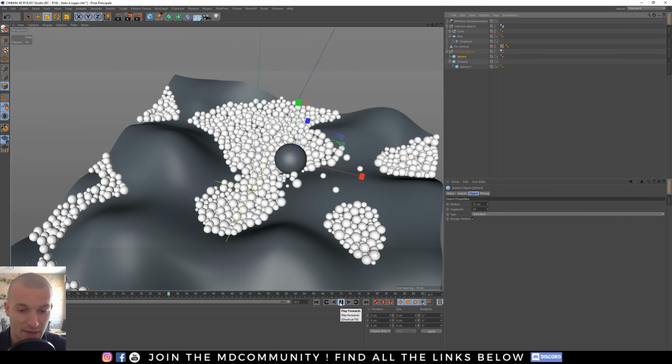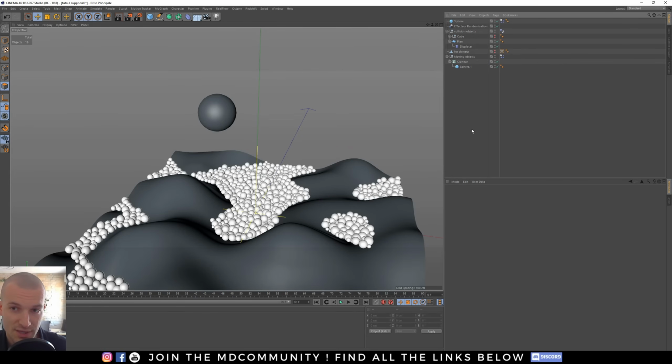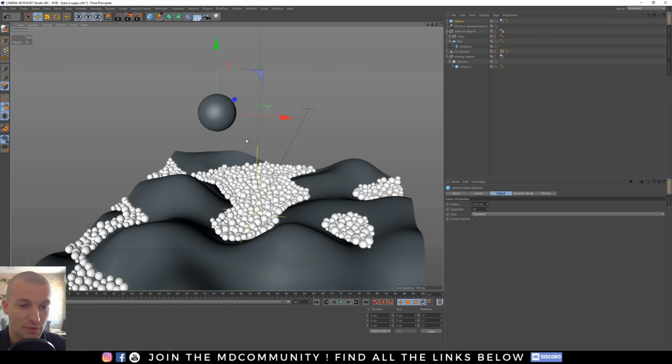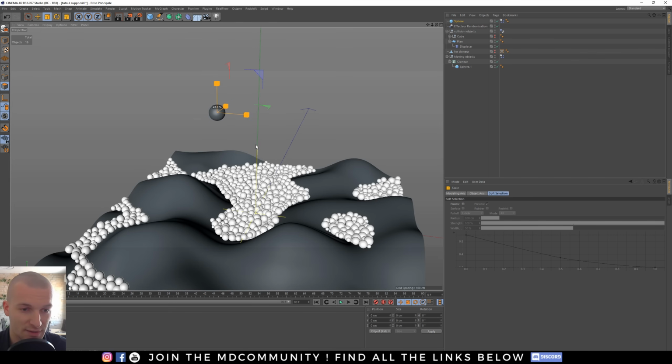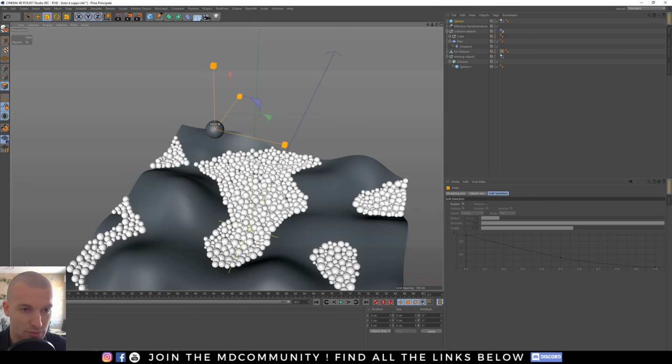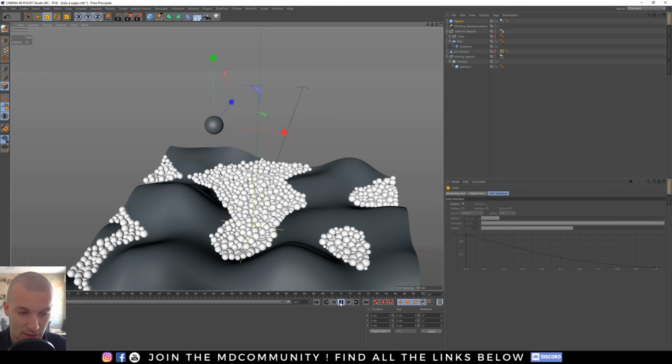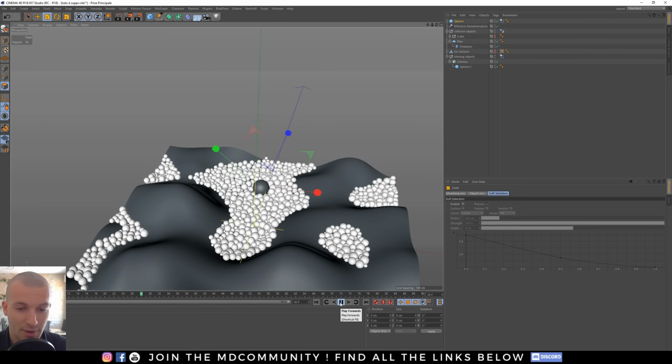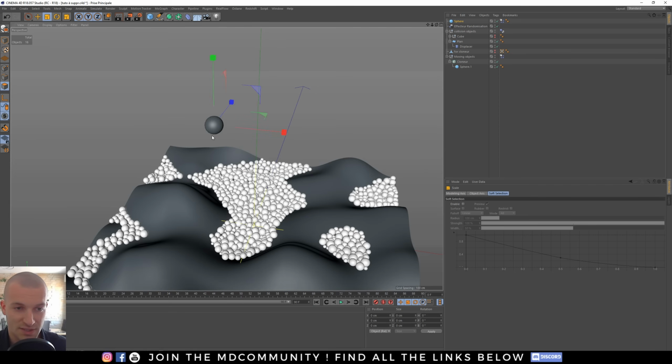Boom. By default in Cinema 4D, the mass of an object depends on its size. So here I will decrease the size of these balls, because it's too huge and the simulation will be very different. But I still want this sphere to be very massive.